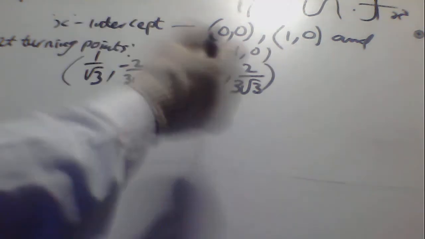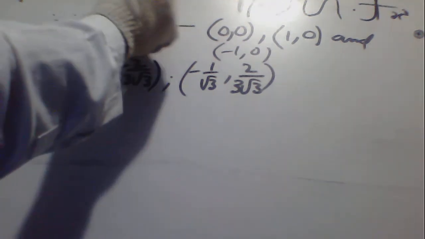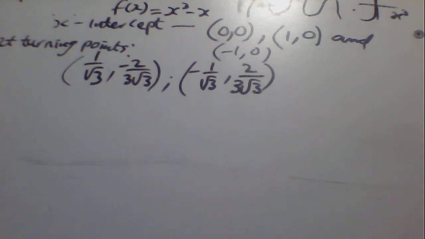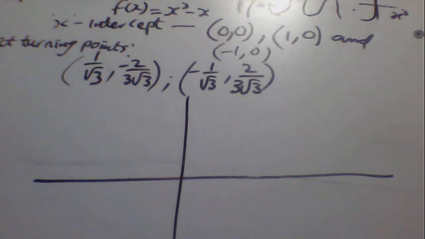So this is the graph. We are still doing it. f of x equals x raised to power 3 minus x. So we are still plotting the graph of a function f of x equals x raised to power 3 minus x. Having gotten all the points and the turning points needed to plot the graph, we can now sketch it. I will guide you on how to do this.